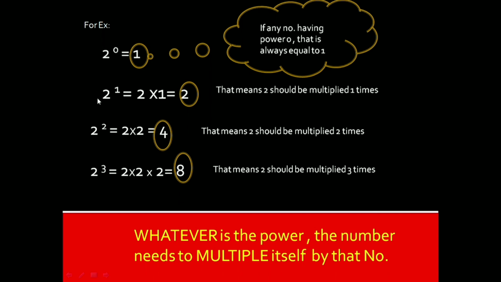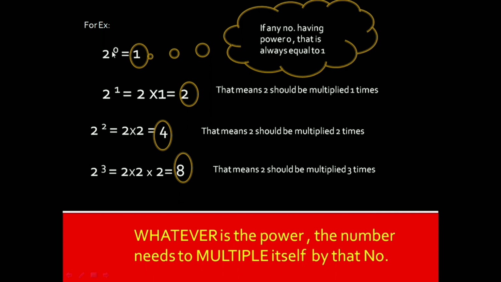Here everywhere you can see 2 is constant. Why? In the binary number system, 2 is the base value. In the binary number system we have only two numbers, that is on and off. So in a binary number system the base value is 2 and the powers 0, 1, 2, 3 are the powers by which it needs to be multiplied.